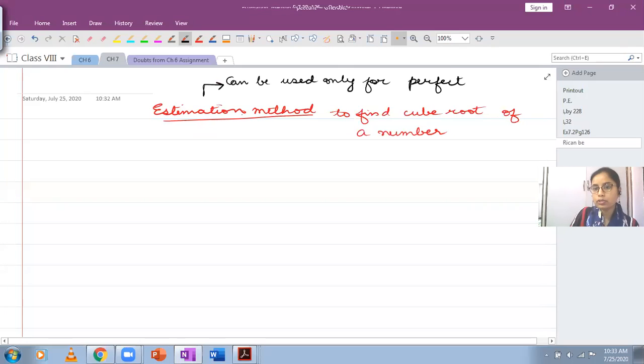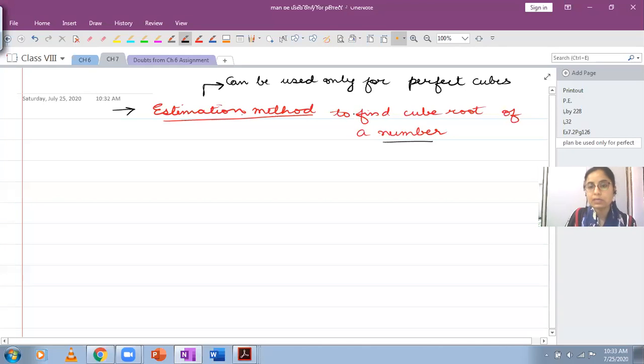Whichever question contains instructions to find the cube root using the estimation method, if you get such a question in the exam that you have to find the cube root of the given number using estimation, then that number would obviously be a perfect cube. By default, you will be given a number which is a perfect cube. In case you are not able to find the answer, then it will be better to check whether or not the given number is a perfect cube. Otherwise, there are very rare chances that you get a number that is not a perfect cube. This method is always meant for perfect cubes.